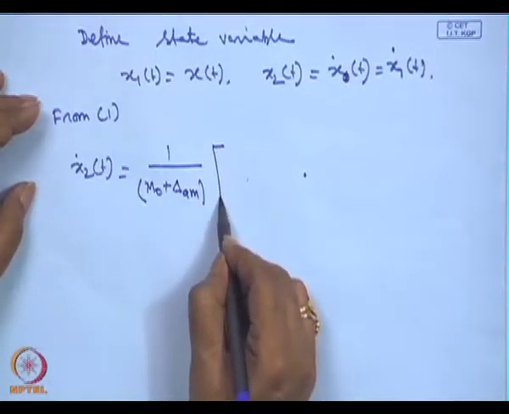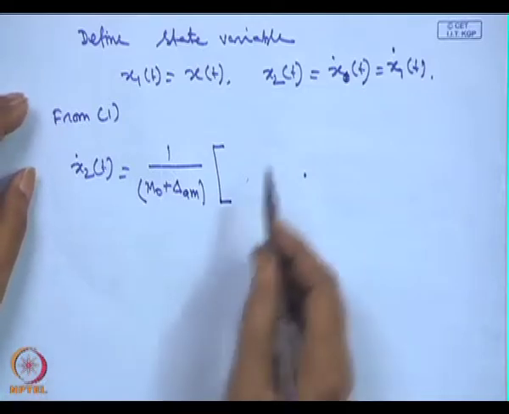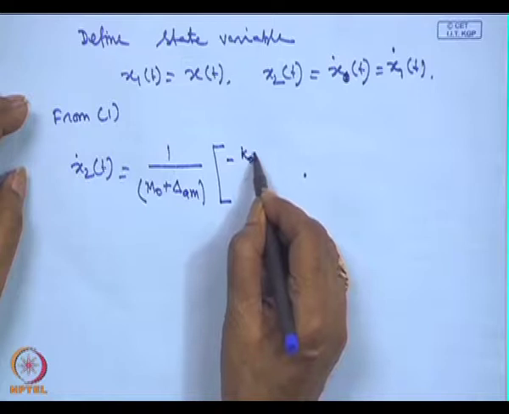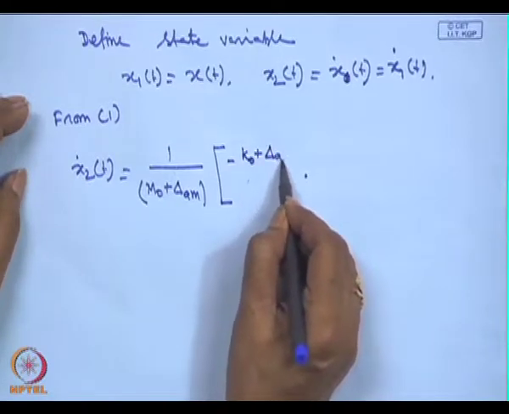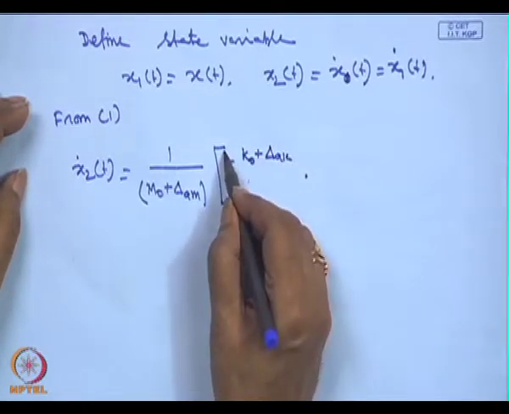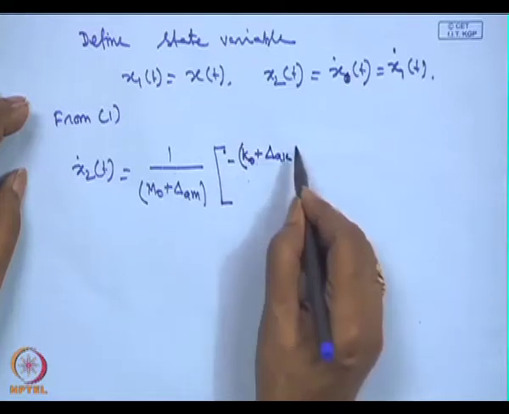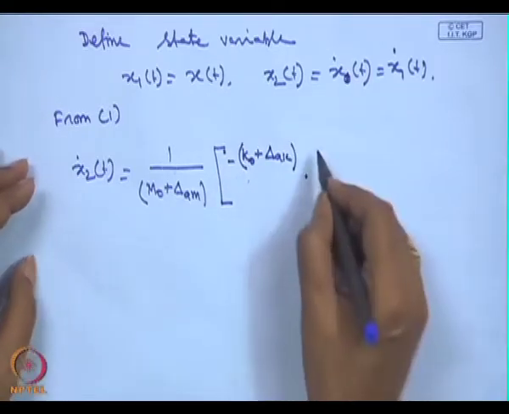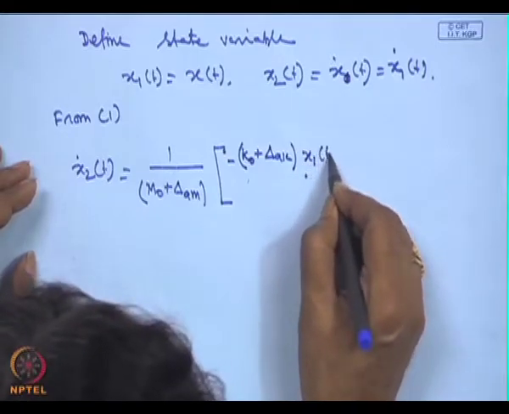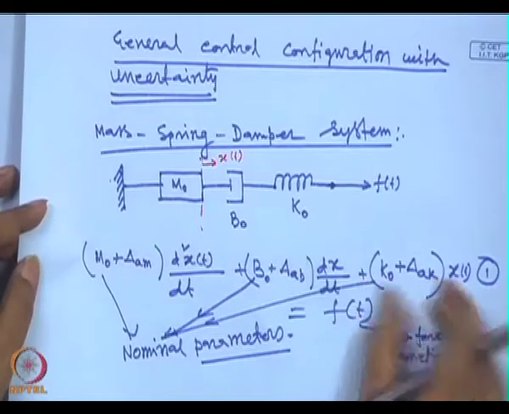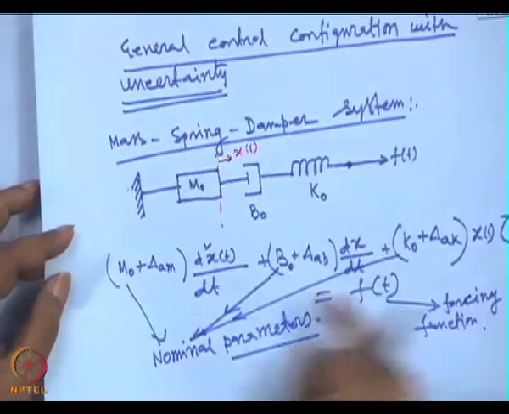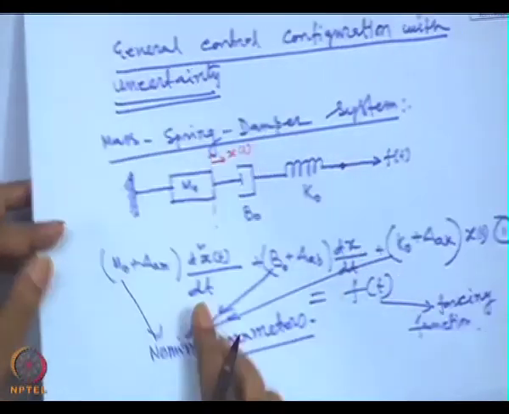Then you see this one: minus k 0 plus delta A k, that quantity into x 1, taken to the right-hand side, then this into x 2,